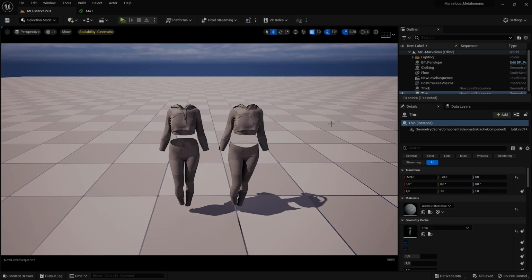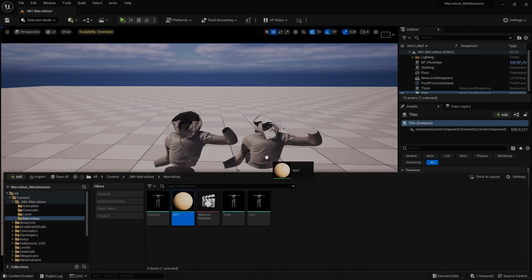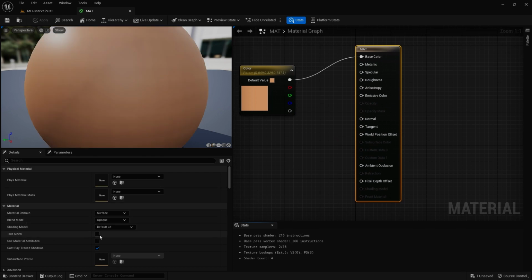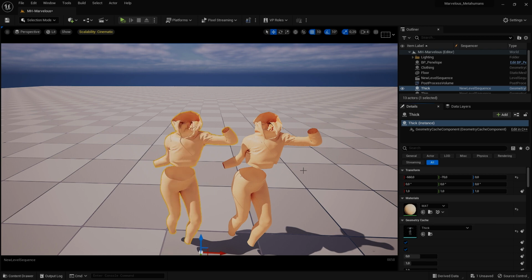Before carrying on, I'm quickly going to show you the difference between exporting the cloth as thick and thin in Unreal Engine. So here we have the difference. As you can see, the thin shines through, whereas the thick does not. But you can easily overcome that by just creating a simple material and then going into your material and just choosing two-sided material. And then it will no longer shine through. Just going to apply the same material here.